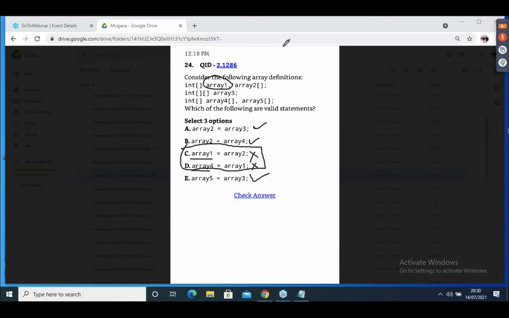AR2 is two-dimensional. Both are two-dimensional. If you write it like this, yes, AR1 as well as AR2. On the left side, if you use the bracket, that is applied to all the remaining variables which you declared here. Okay, everyone got it? What I explained here, yes or no? Shall I go to the next question?